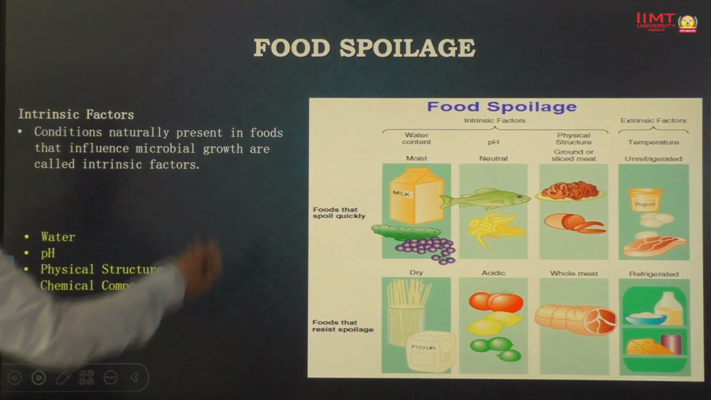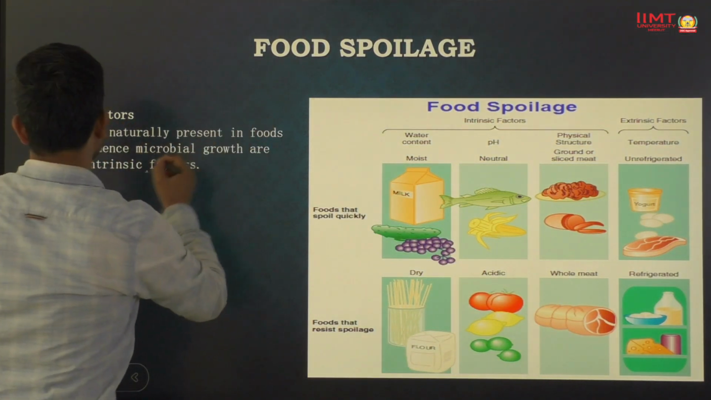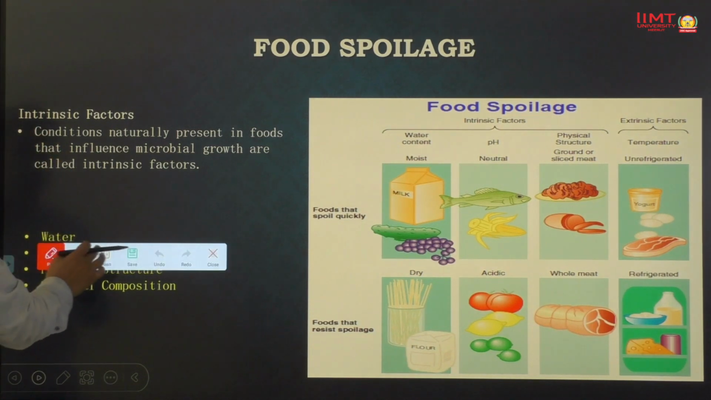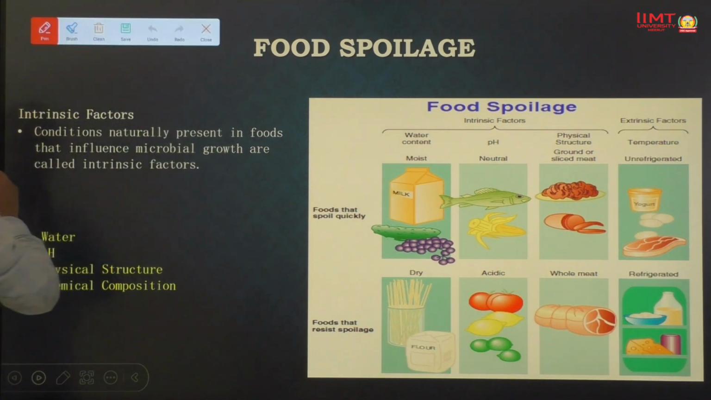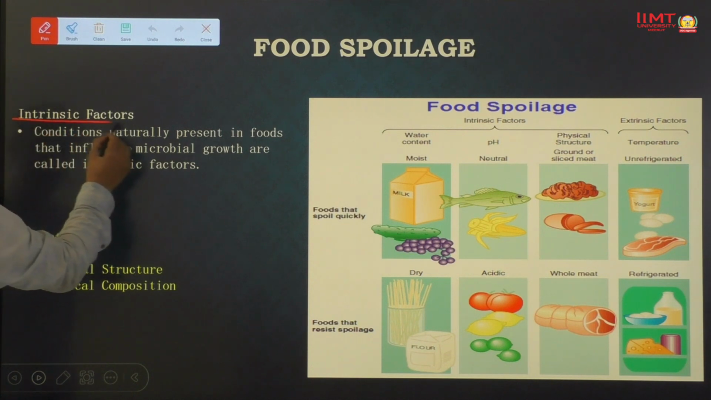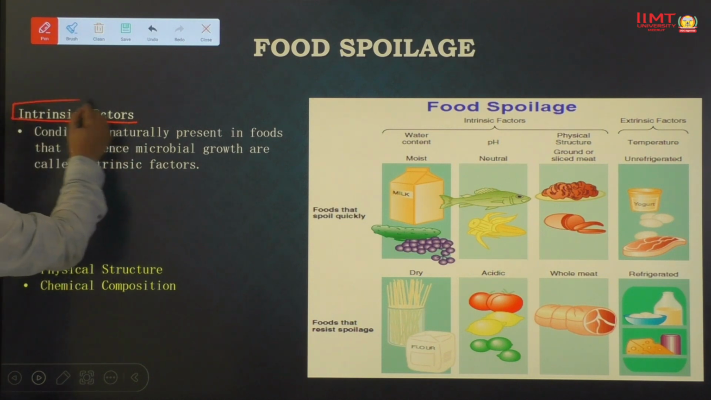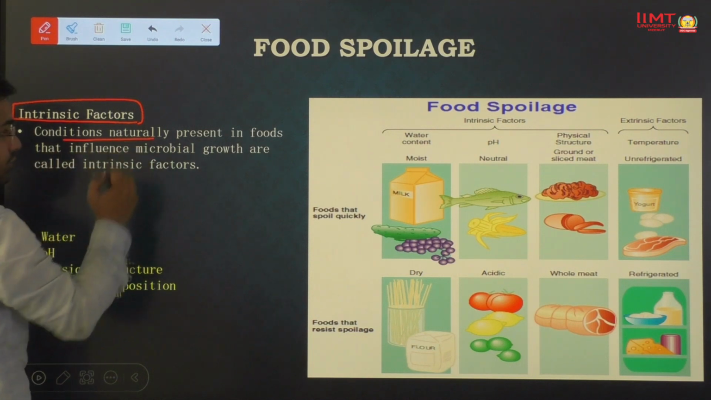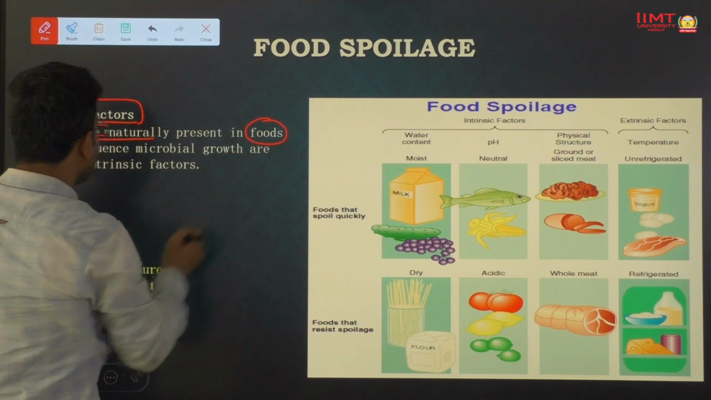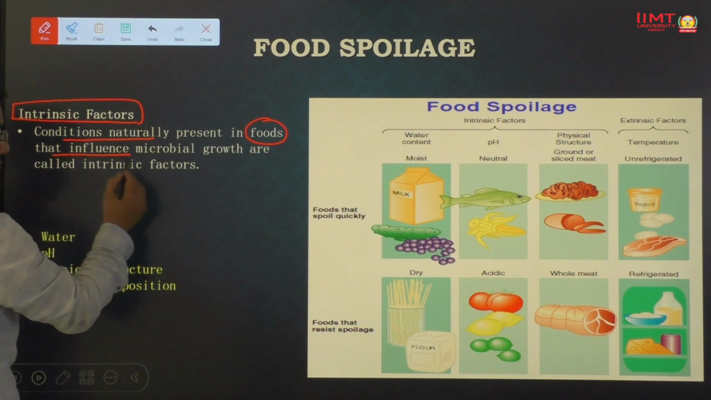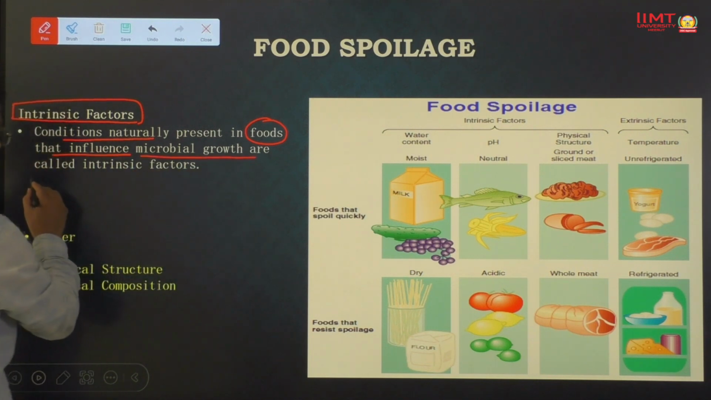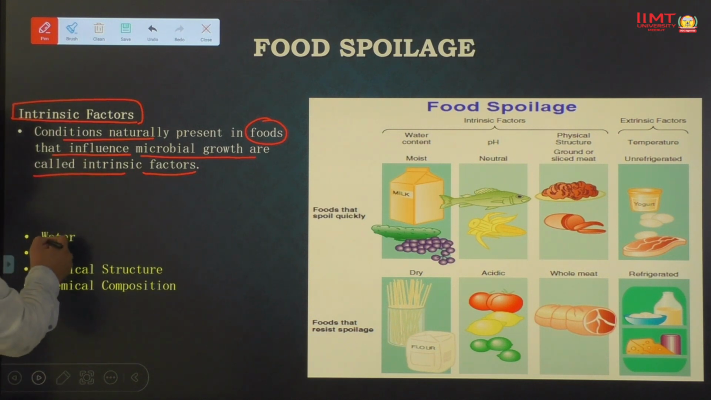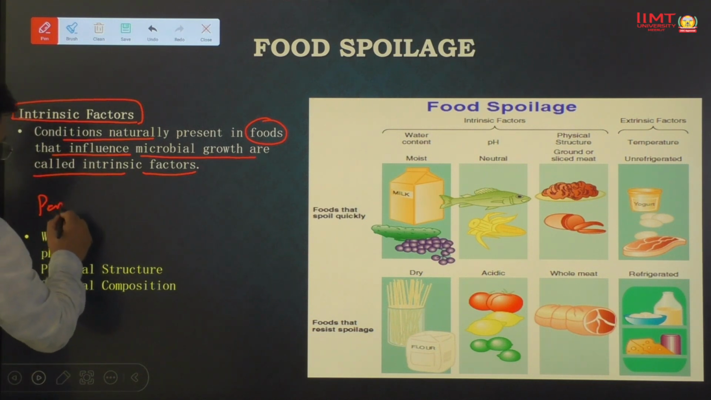So here are some points about food spoilage. One is intrinsic factors. What do we mean by intrinsic factors? Intrinsic factors are conditions naturally present in foods that influence microbial growth. Here are some intrinsic factor parameters